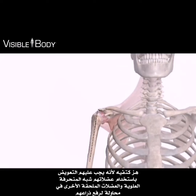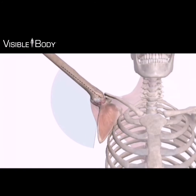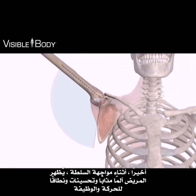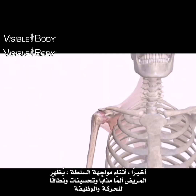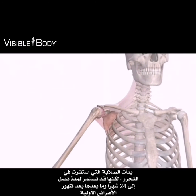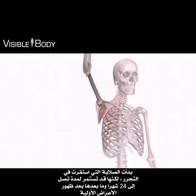Finally, during the thawing phase, the patient exhibits resolving pain, improvements in range of motion and function. The stiffness that had settled in is beginning to release, but it may last for as long as 24 months and beyond after the onset of the initial symptoms. The fibrosis persists in the capsule, which continues to restrict the patient in